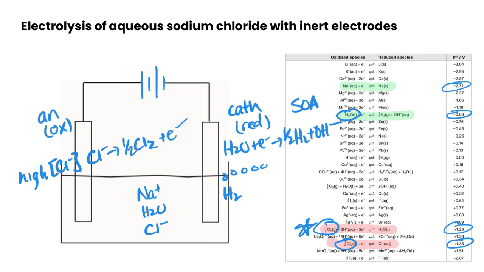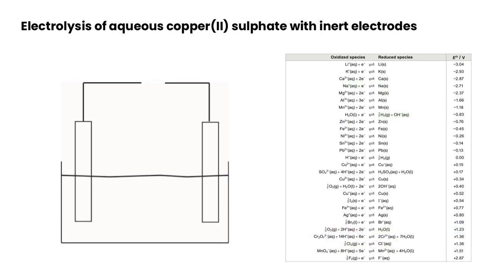So it's not as clear cut just because those E0 values are very, very close. And so it's going to be dependent on the concentration of the chloride ions in the solution. Now, taking